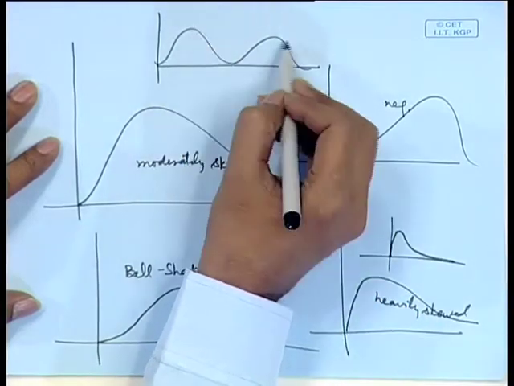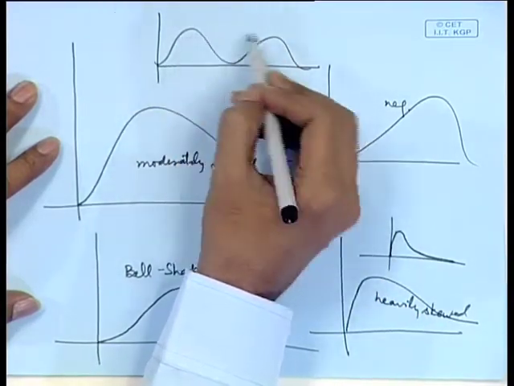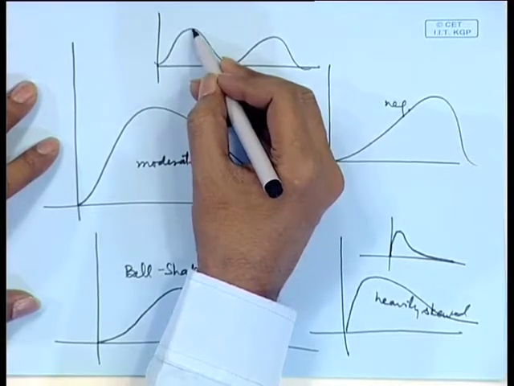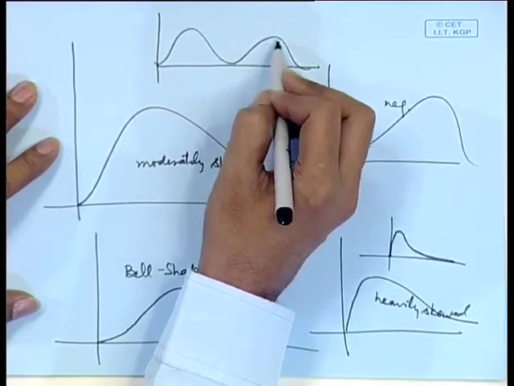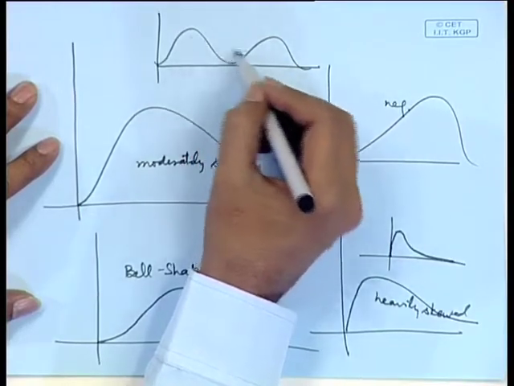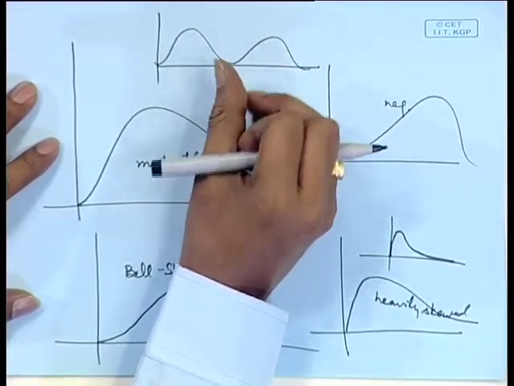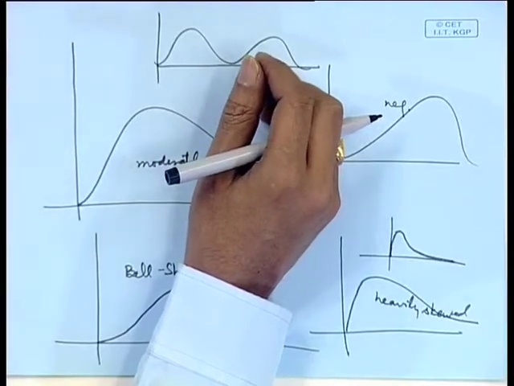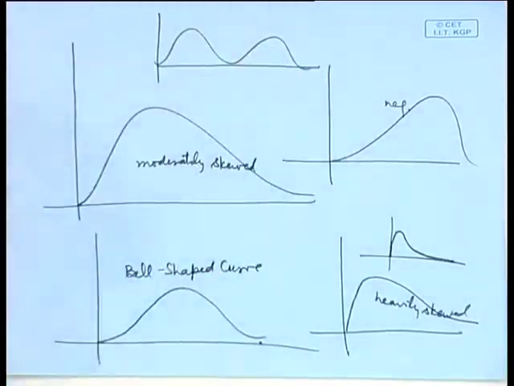This shows that there is more than one peak of the distribution. That means, in the beginning it increases, then it decreases, then again it increases, and then again it decreases, which is showing somewhat unusual behavior. Such curves are not observed much in practice. However, if it is observed, then one should be careful.